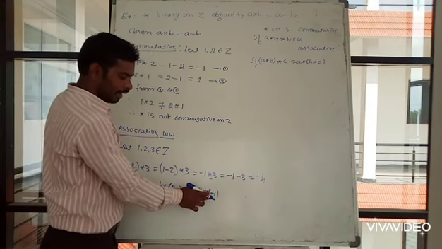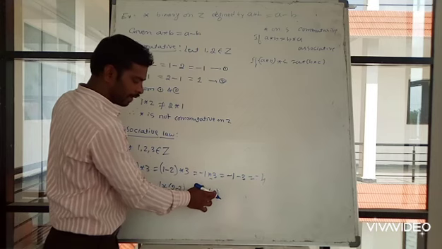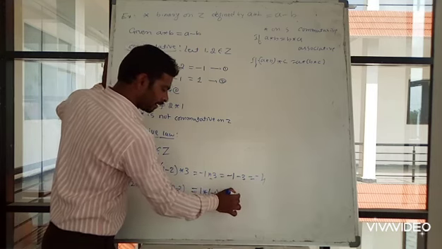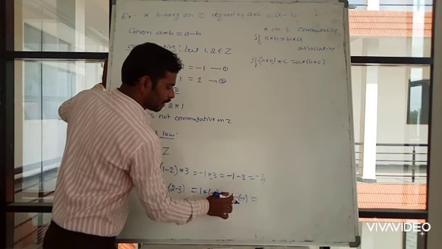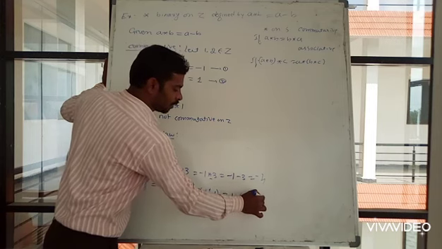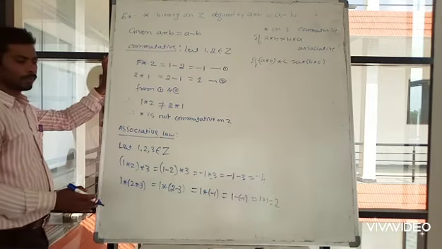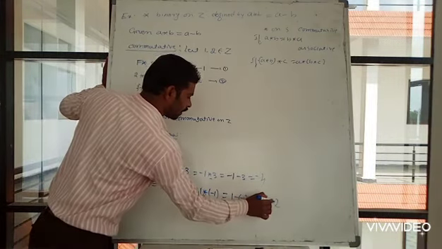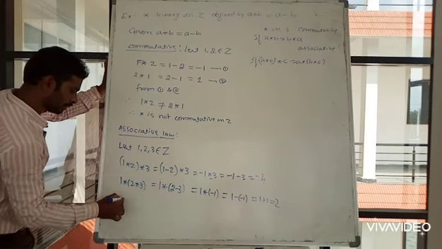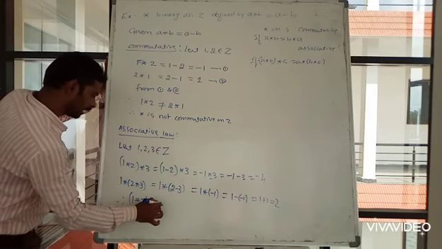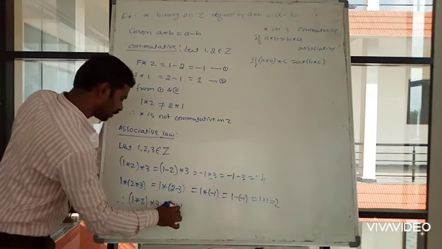Again, this is A and this is B, so apply the A star B value: 1 minus (minus 1), which is plus 1, so 1 plus 1 equals 2. Minus 4 is not equal to plus 2. Therefore, minus 4 is not equal to plus 2. It means that (1 star 2) star 3 is not equal to 1 star